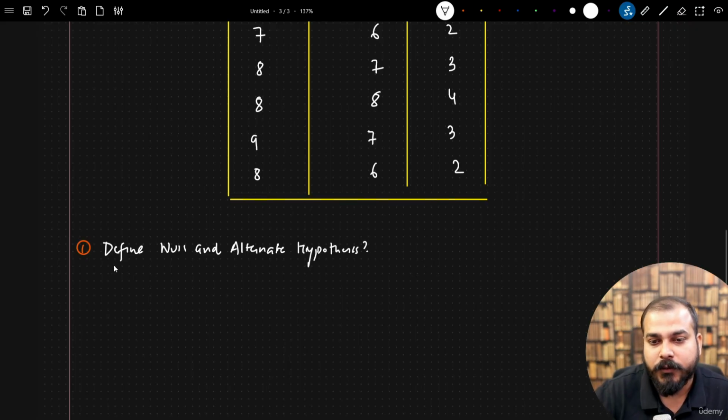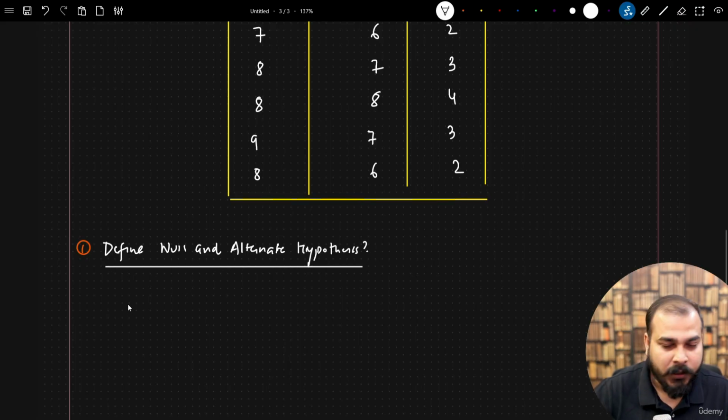Define null and alternate hypothesis. Now in this case, H0 is nothing but the mean of 15 mg is equal to the mean of 30 mg, equal to the mean of 45 mg. So this becomes my null hypothesis. Alternate is that